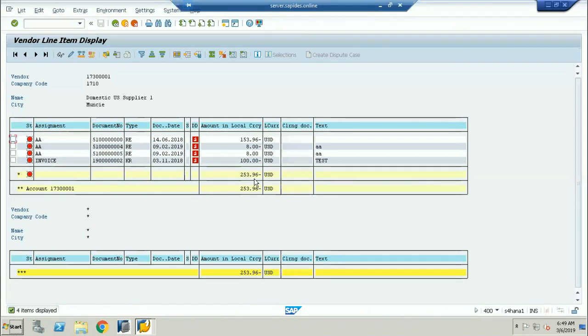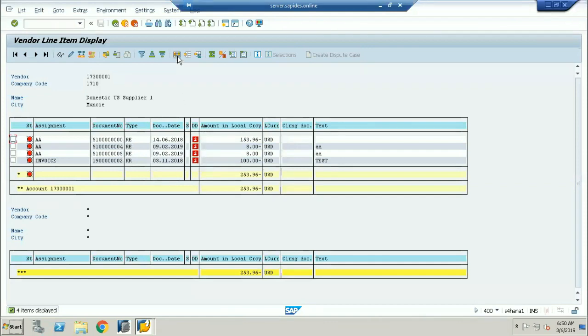Very, very important: yes, I'll make the payment, but whether these payments are already due or we still have to wait for the due date, how do I know that? Here, this is called DD. DD is nothing but the net due date symbol. If I select it, due date means the due date has already been crossed, you can see here in red color. So how do I know how many days the due date has been crossed?